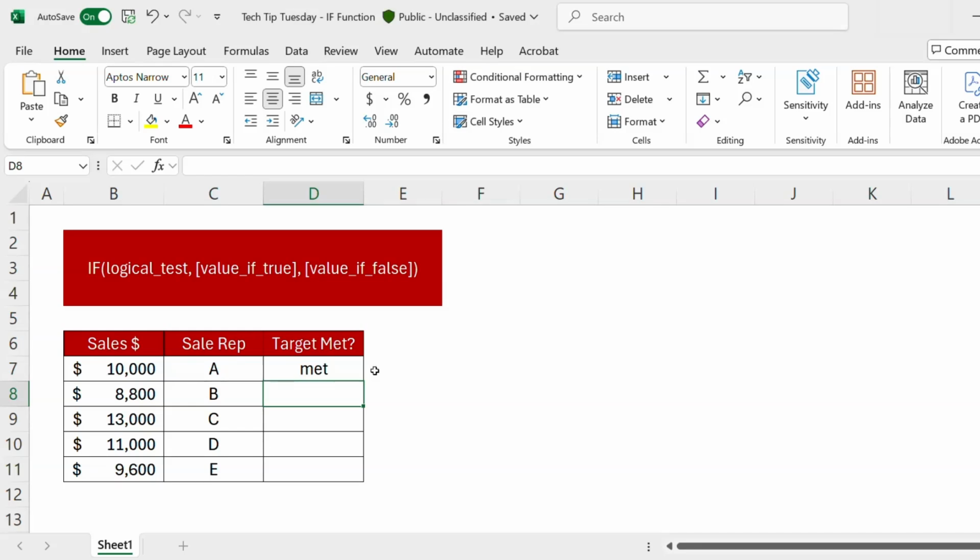Excel will give you the result based on the sales number. Drag that formula down the column, and just like that, every rep is marked as either meeting or missing their goal. Once you get the hang of it, the IF function becomes a powerful way to automate decisions, not just